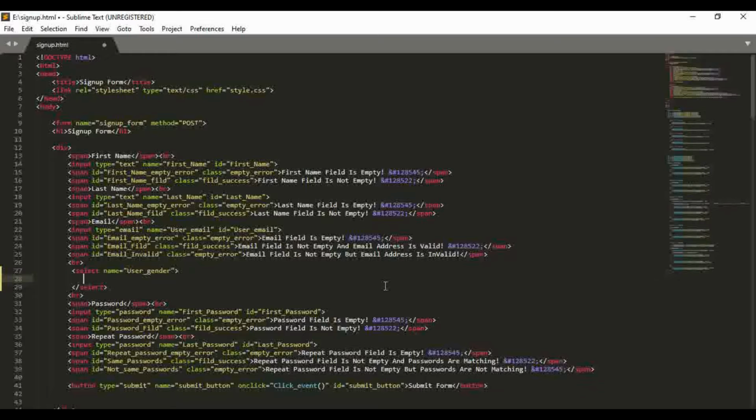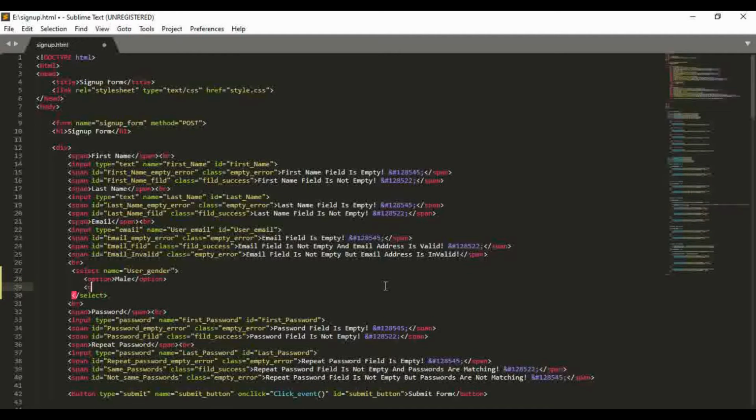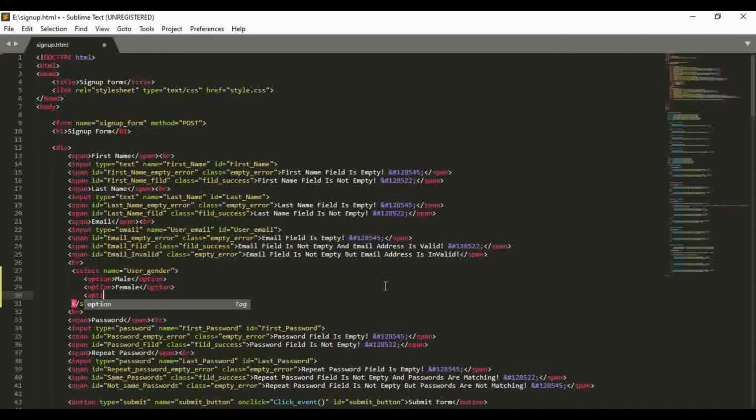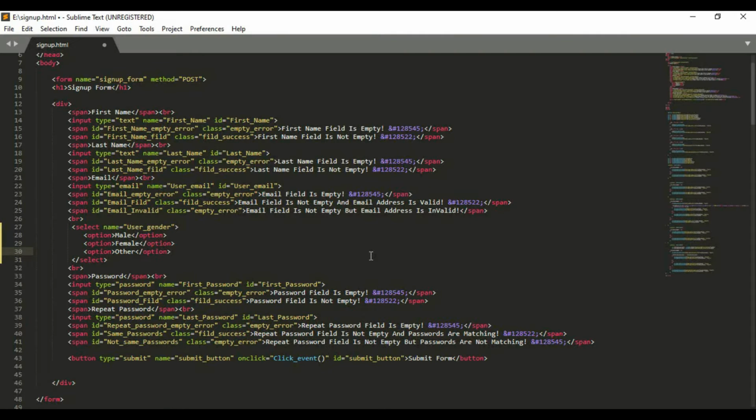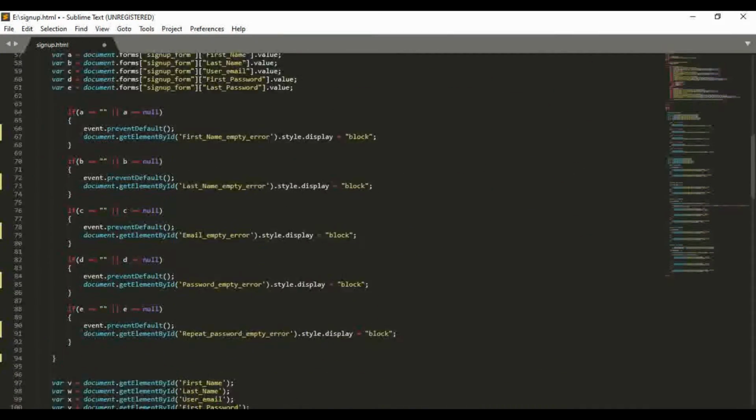And here I'm gonna set three options, which is the one will be male, okay, and the second option will be female, okay, and the next option, third option will be other, okay. And guys, the next thing which I have changed in this sign up form, that is in JavaScript,